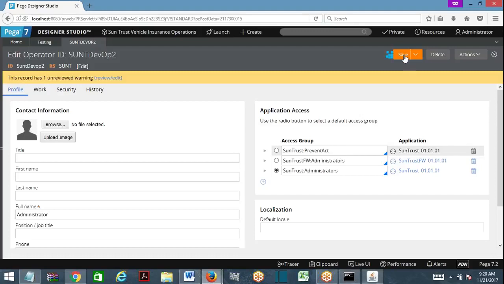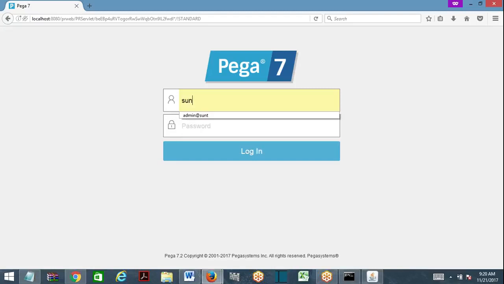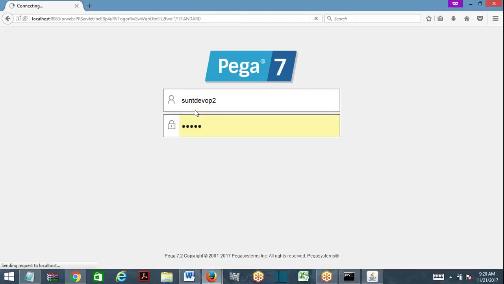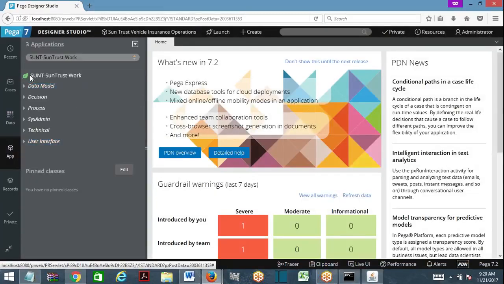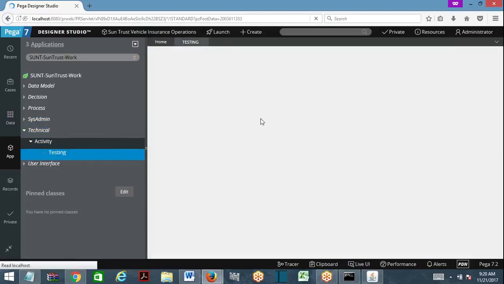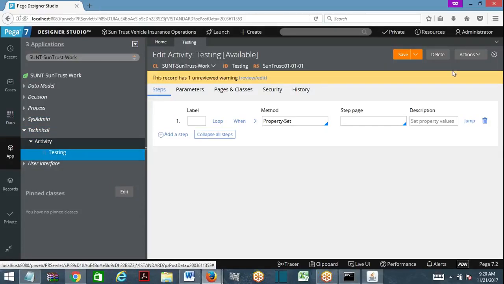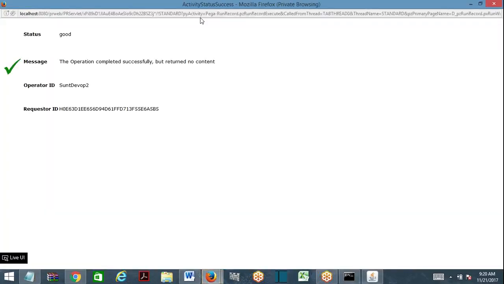Let me log off and log in back. SunTrust DevOps 2, password is rules. If it is not working, we need to modify the existing access group and again create the technical activity, because admin already has execution access, but I am preventing by adding another access group. How does it work? Let me see.